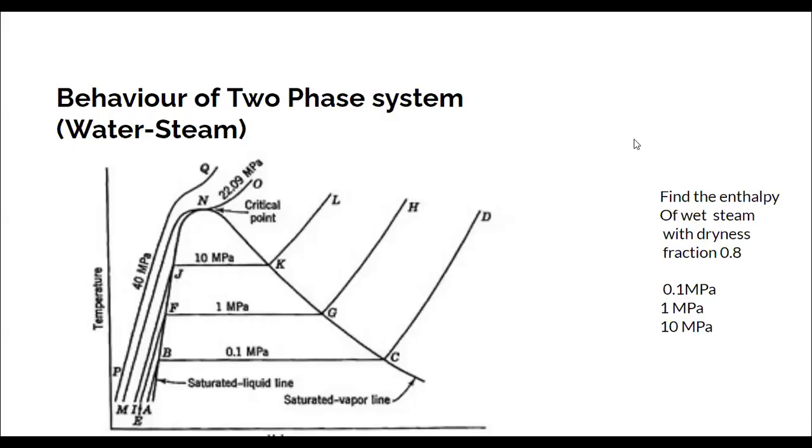Well, in the last lecture, we discussed how to look for the properties of dry saturated steam. It means that we had seen how to find the specific enthalpy at 10 megapascals, for example, if the steam is dry saturated, or the specific volume or specific entropy at this point. Or at 1 megapascal, if you want to find the specific enthalpy, specific volume, or specific entropy, how do we refer to the steam tables and get those values?